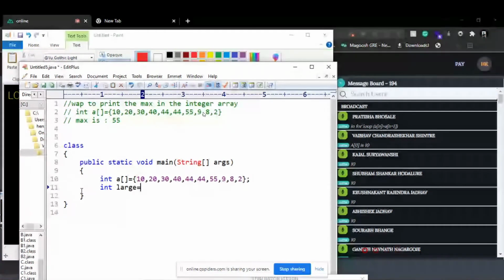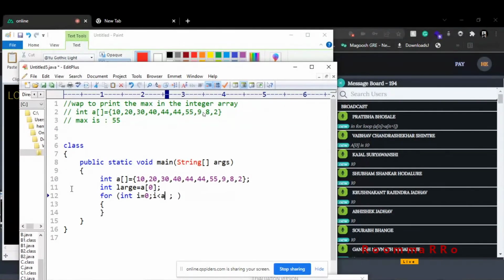First let me execute that Max.java. I'll write java Max. What is the largest value in my array? 55.